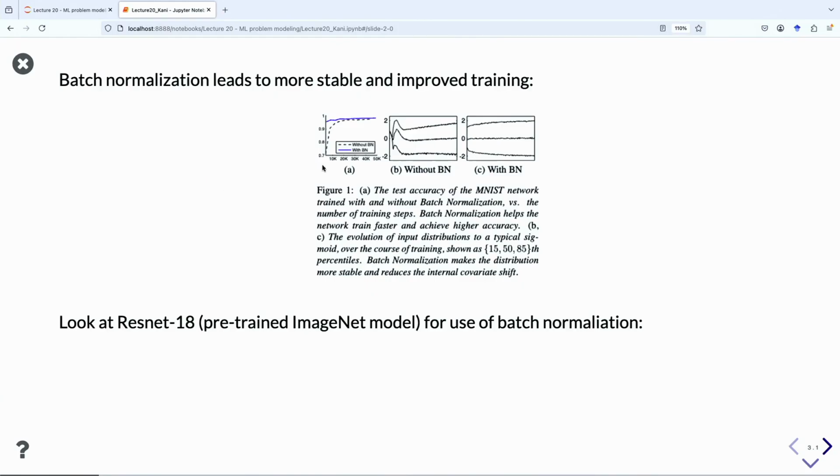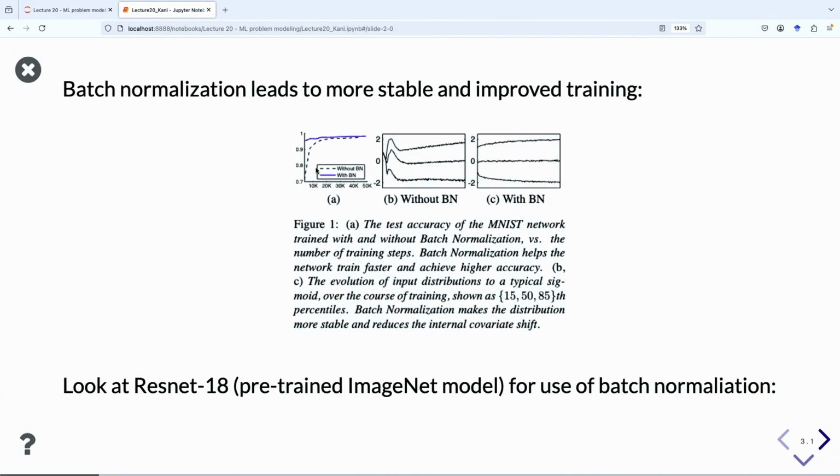The results here simply show that if you use batch normalization, they constructed a simple MNIST network, and specifically the MNIST network they constructed is multi-layer. The ones we construct in the lectures are all like 1 or 2 layers because MNIST is simple, right? But just to prove their point, they constructed a multi-layer MNIST network.